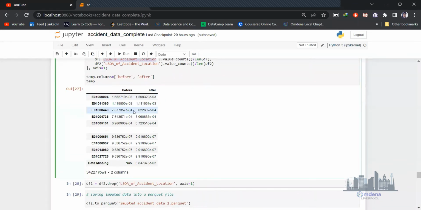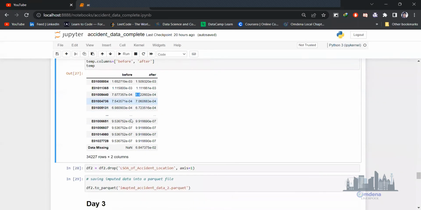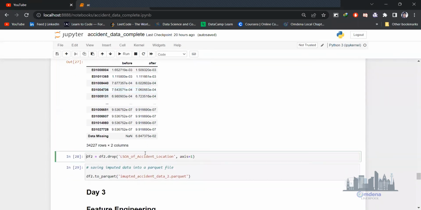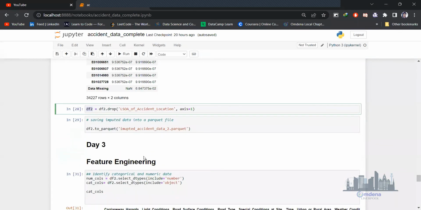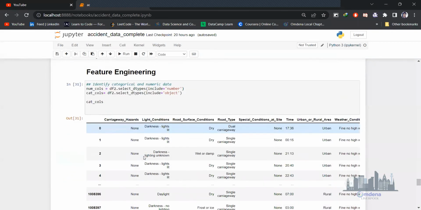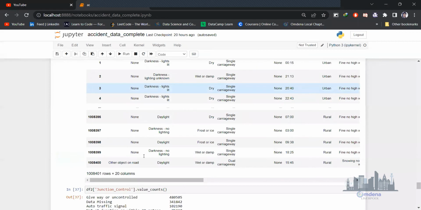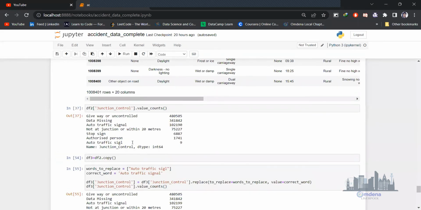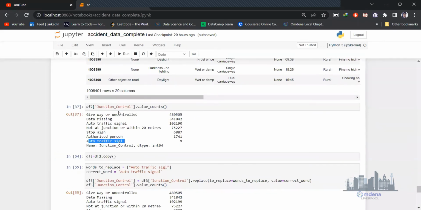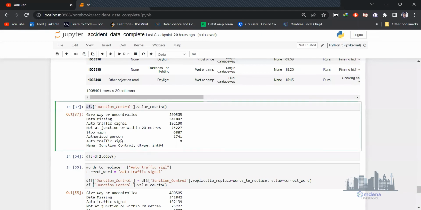If you can see, after imputation, it is affecting the distribution of this column. Here it is. So I decided to drop this column. And another thing: in the junction control column there is a misspelling in auto